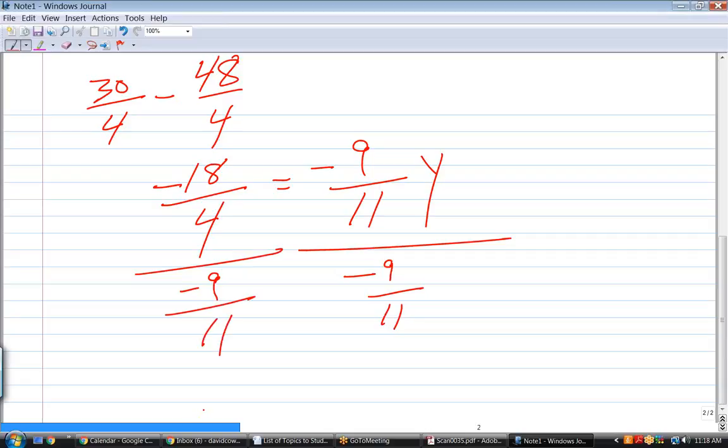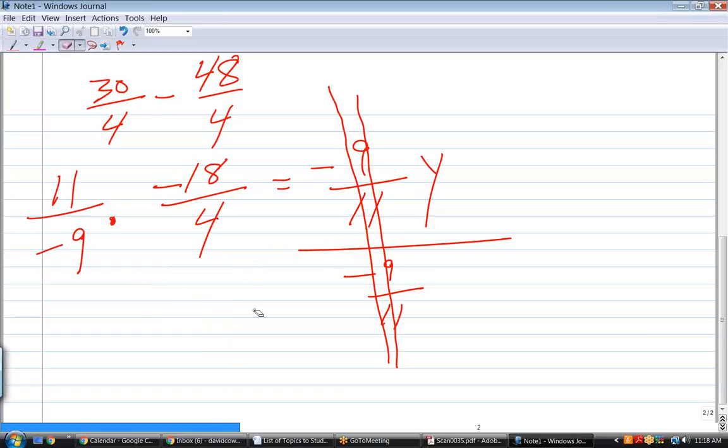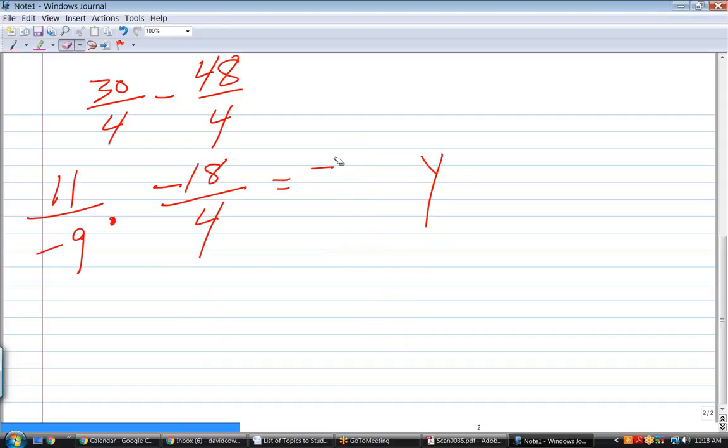And then you do same switch flip. So it'd be negative 18 over 4 times 11 over minus 9. And then on the right side, we have our y. That's what we want. Now, on the left side, notice that the reason I didn't worry about reducing that is